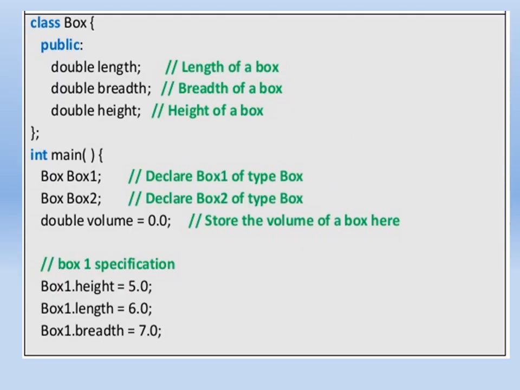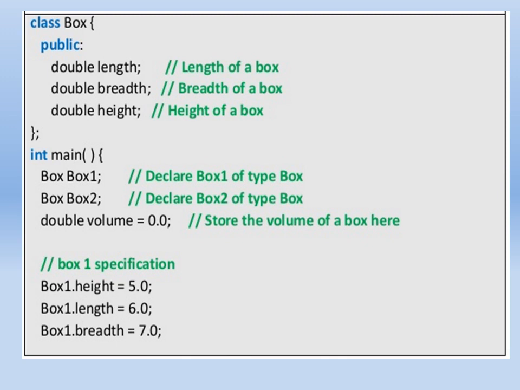Now we'll see one more example. Here we declare the class box. In the scope of the class, we declare the variables under the public section, that is double length, the length of a box. We write in the comments double width of the box and double height. So this is about the declaration of the variables and the declaration of the class. Then here we close the brackets and semicolon. So the declaration of the class is finished.